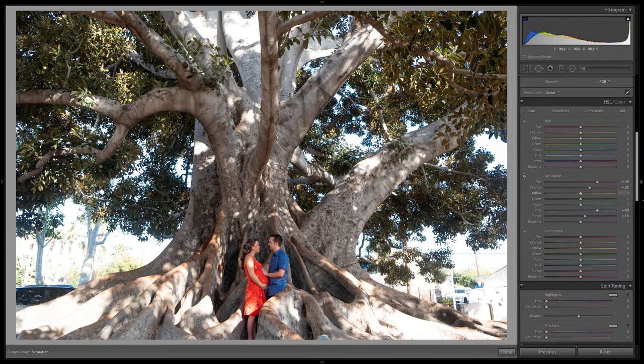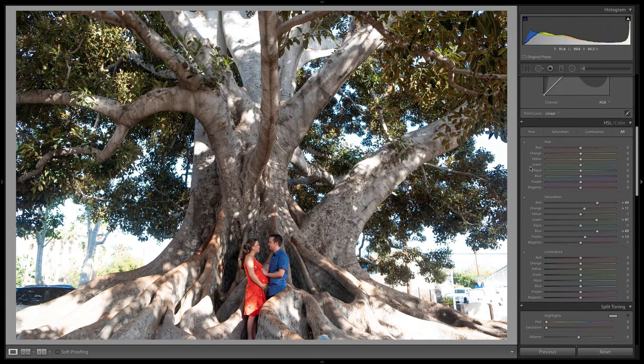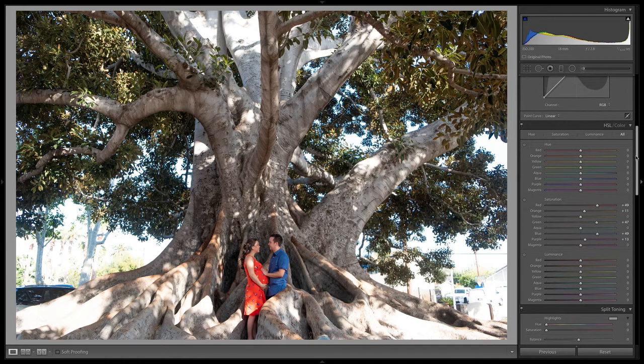And then also I'm going to go in specifically to the green slider and bring up the greens. Now you've probably seen this before in another edit where I don't go straight into the tree and click and drag up to bring up the green of the leaves. That's because there's a lot of yellow and orange. Now if I bring up the orange even more, start to notice what happens. Our skin tones get a little bit wonky. So I'm actually going to bring back down the orange a little bit, leaving the red as is, which is what her shirt mostly is. All right, so that's pretty much all I'm going to do with the colors.